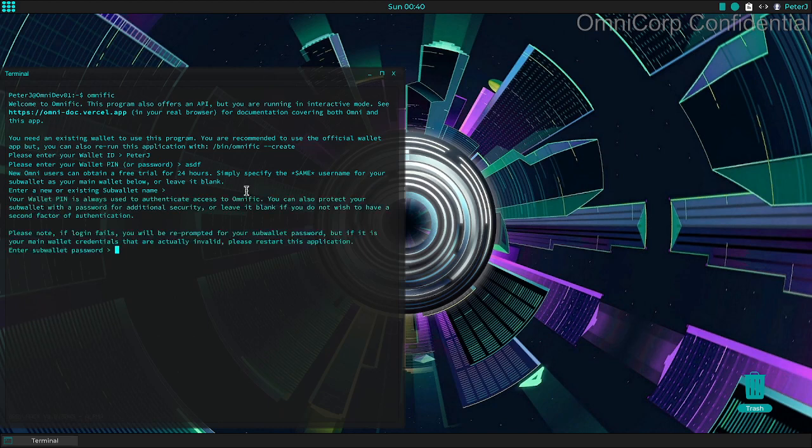And then it's going to ask me for a password. If you want to be secure, you can essentially use your sub-wallet password as a second factor of security. You don't have to. It's always going to use your wallet to authenticate, irrespective of whether or not you actually have a sub-wallet password, right? So it can be a second factor or not. So in this case, since this is not a real environment, I don't care,